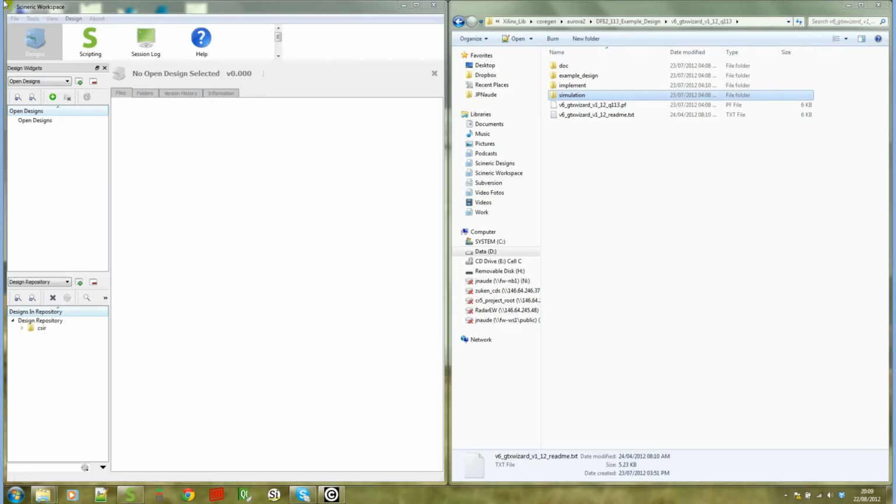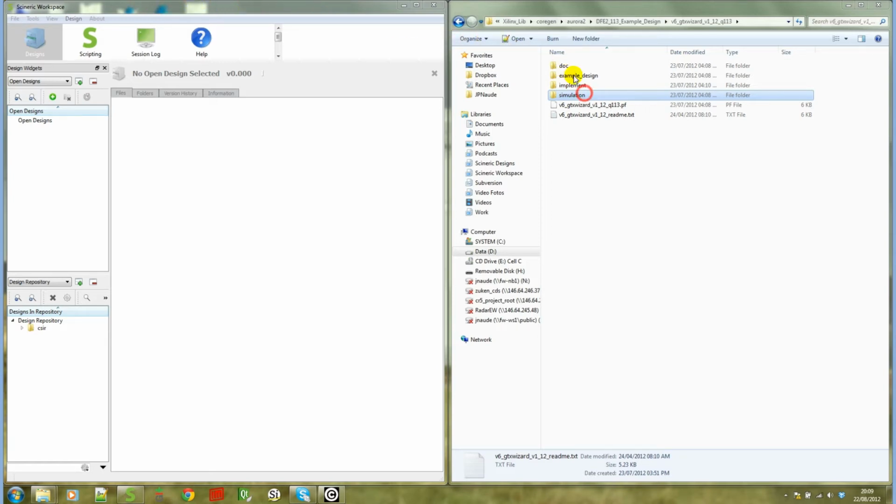In this video I'm going to give an overview of how Scineric Workspace manages files and folders. To do this I'm going to start by showing you an existing directory on my hard drive. The one I have open on the right is a Xilinx CoreGen output for a GTX wizard in ISE 14.1. So what you see on the output is some files grouped in the directory structure that Xilinx defines for